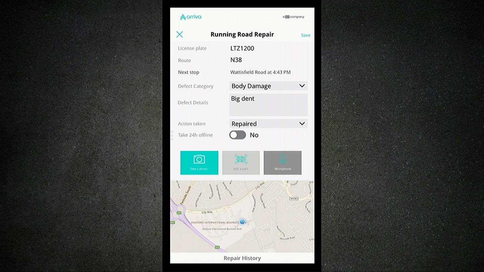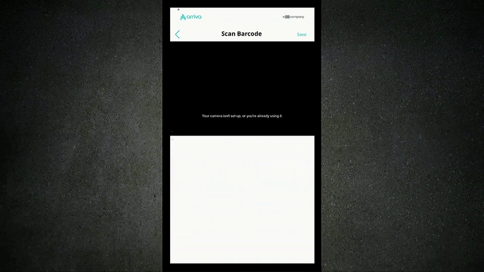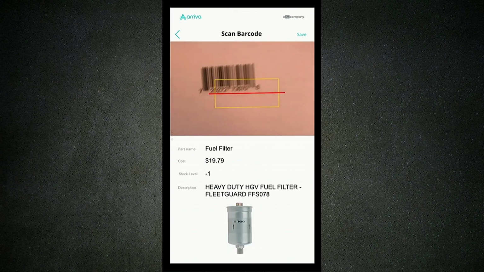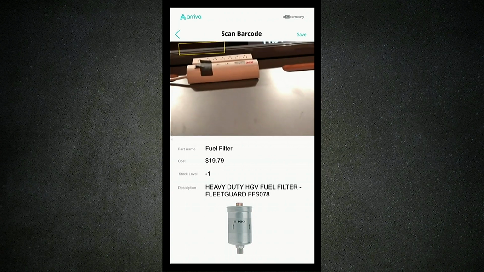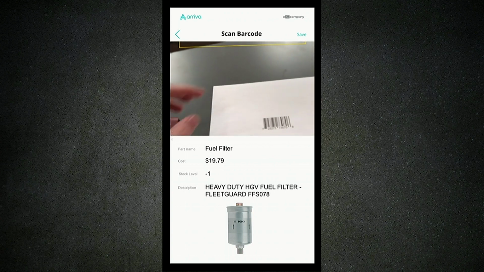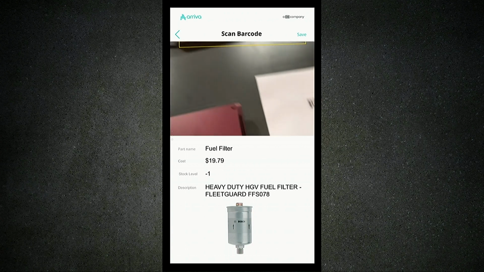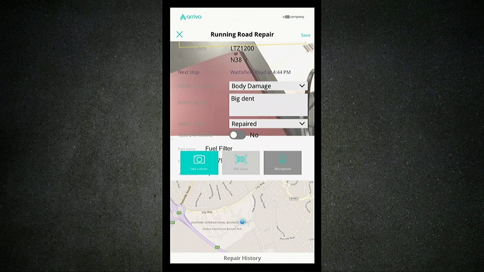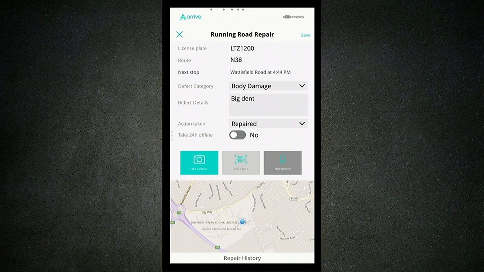We also have a map, which as I complete the repair, records where I was. So I don't actually have to enter what stop or what location I actually did the repair. And I can also, say, use a barcode scanner. So say if I want to say, what repair item did I actually drop in there? It'll look it up based on the barcode, which I have here on a piece of paper. And it'll say, okay, I don't know, a fuel filter or something, if I want to go drop it in. This automatically can be taken out of inventory and things like that, which makes it very easy for me to track all this information together.